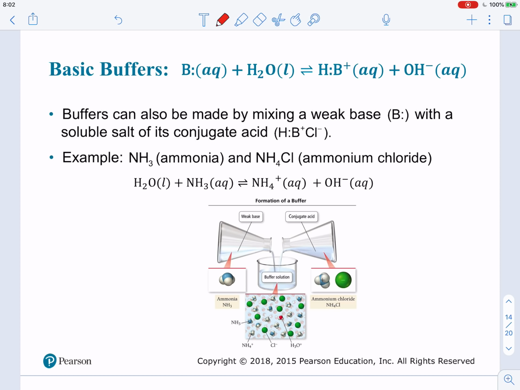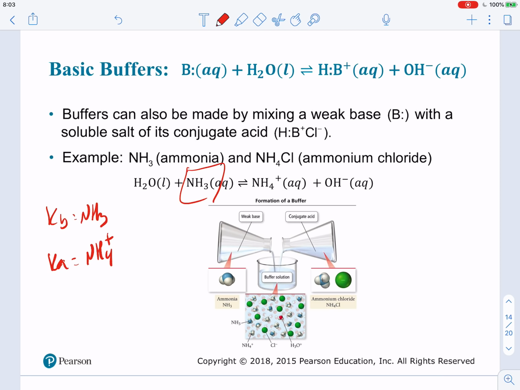Okay, so that means you may find the Kb for NH3, but you will also find reported the Ka for NH4 plus. Okay, and that's okay. For many bases, you will not find Kb, but you will find Ka for the conjugate